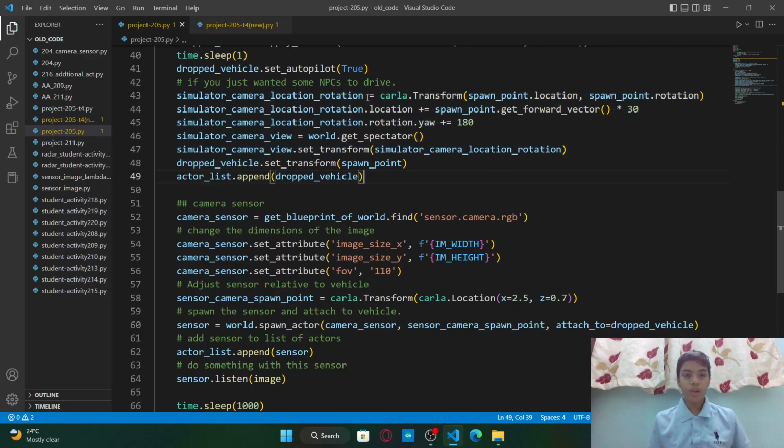So here we are setting the location and rotation. We want the location of the camera to be nearby the drop vehicle. So it should be on the drop vehicle, then it will be better. As the camera moves, the drop vehicle moves, the camera will go with it. So that would be better for us. So for this,